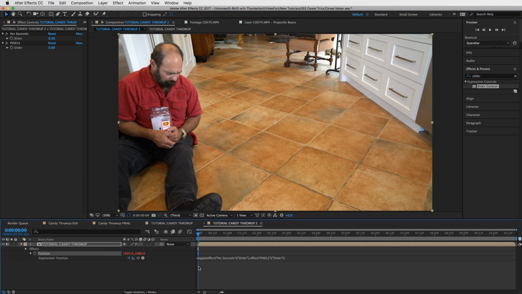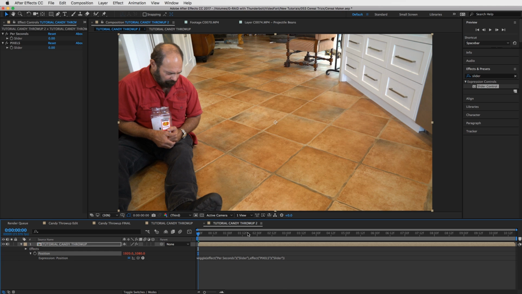So in our other tutorials on VideoFort, when I usually do a wiggle expression, I type in wiggle parentheses 1 comma 10 or something like that, which means the position will wiggle one time a second, and then comma 10 pixels, so it'll move 10 pixels, right? So now, because we created these sliders, we can keyframe the expression, which makes this even more powerful and